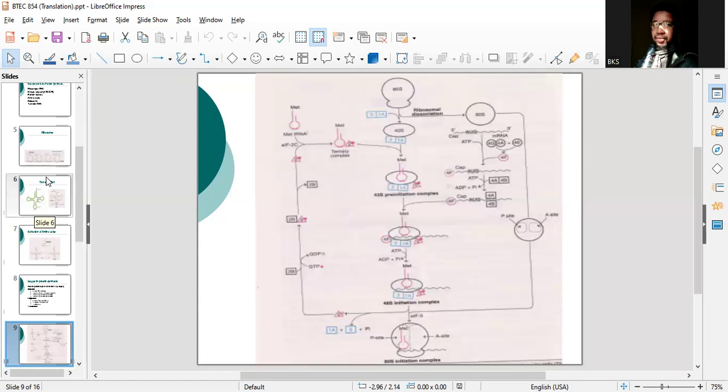Remember, we said formation of the 48S initiation complex. But what we have here is the 48S pre-initiation complex, because first of all, there is a need for the arrangement of this transfer RNA on the messenger RNA. Remember, the transfer RNA is already bonded to methionine, like we just mentioned. And we have the codon for methionine on the messenger RNA being AUG, so we have an anticodon for AUG. First of all, energy is needed for the transfer RNA to scan over the messenger RNA and relocate to the position where the AUG is located so that it can hybridize. So energy is needed for this reaction, where ATP is utilized, number